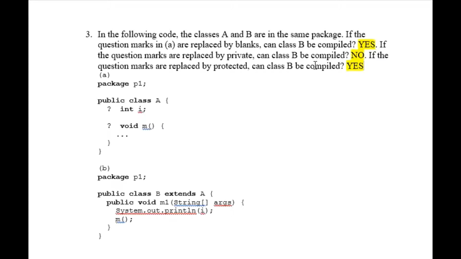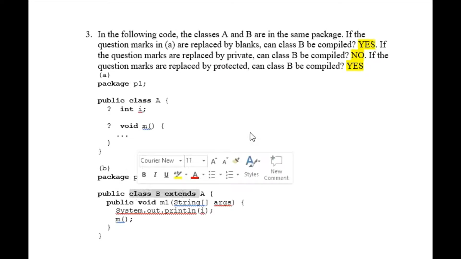It can also be accessed from the same package. So that's fine, because this is all in the same package P1, and moreover it is a subclass. Fine, no problem.